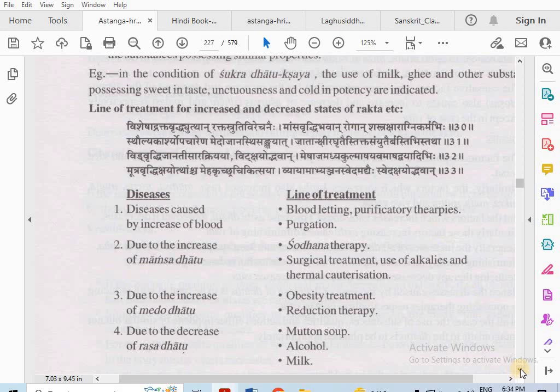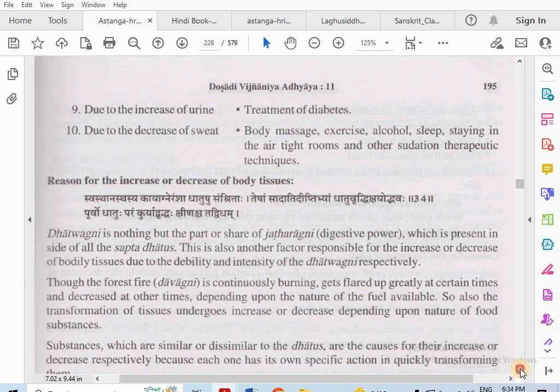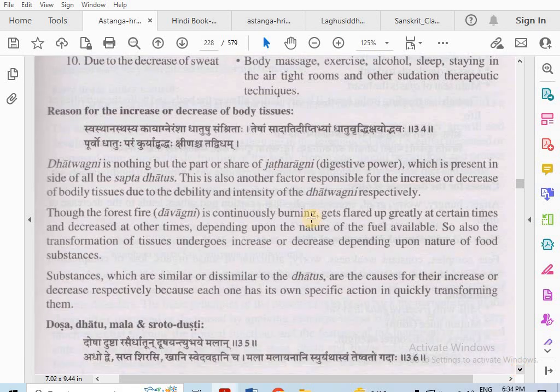Okay. Then here you can read number 34: reason for increase or decrease of body tissues. What are the reasons there, students? This is considered one of the reasons for decrease or increase of body tissues. Then this is the sloka: स्वस्थानस्थस्य कायाग्ने रंसा धातुषु संसृतः तेषां सादातिदीप्तिभ्यां धातुवृद्धिक्षयोद्भवः